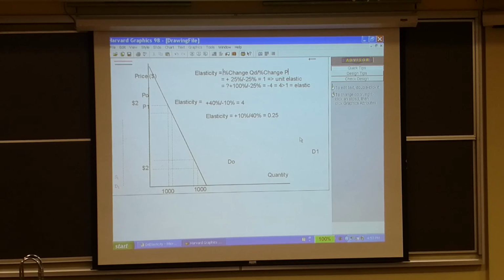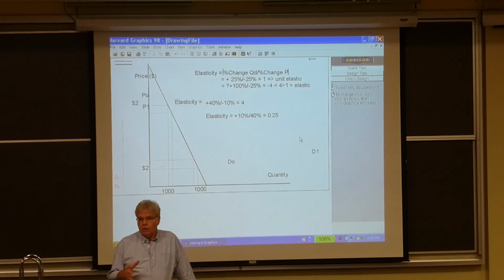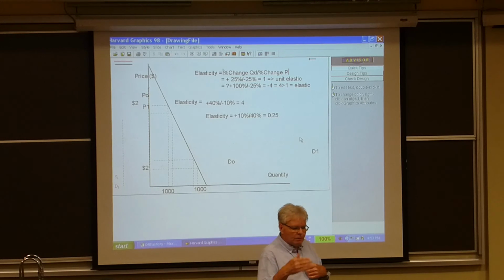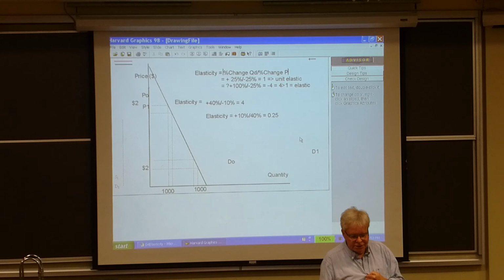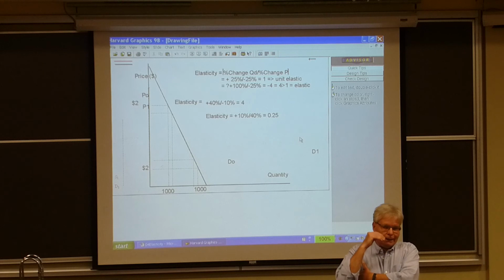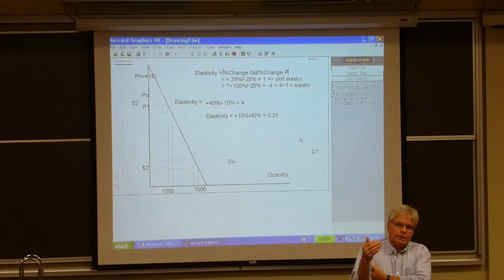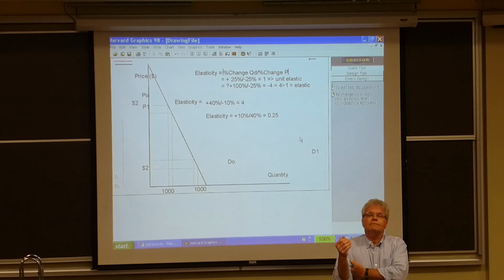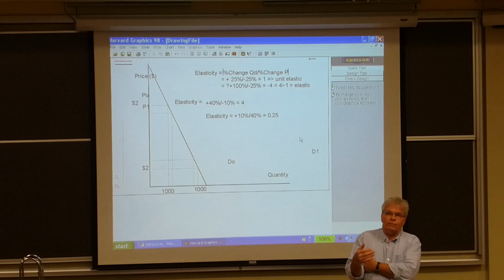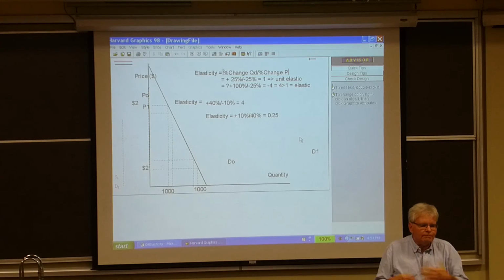Next. It turns out, this is interesting, elasticity measured in percentage change is not only the best way to measure elasticity because it avoids the absolutes, which can lead you into trouble. The same quantity change in response to the same price change gives you very different changes in total revenues. And also, if I said to you, the price of a can of Coke, which is normally $1, falls by 50%, you can imagine that it'll change the